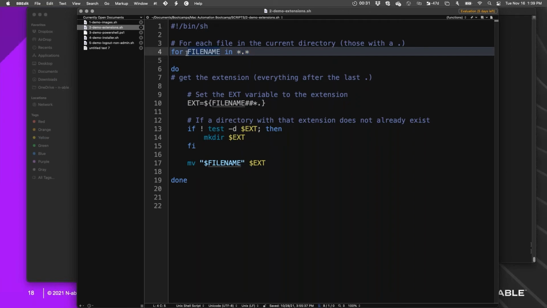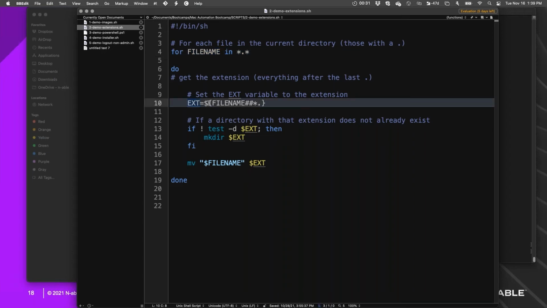So in this case, I have this list of files, and I'm going to take the file name, and what this is doing is taking the extension from that file name, which is the leftovers of removing everything before the last dot. So the dollar sign is used for expansion and text replacement within the command line. So what this is telling it is the last dot in the file name, everything after that is the extension. And the variable name here is ext.